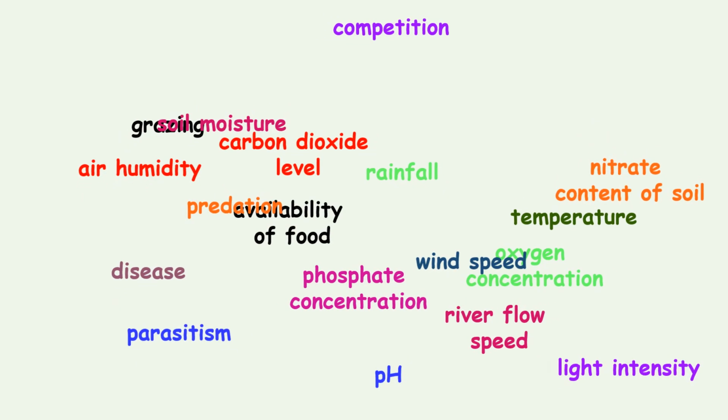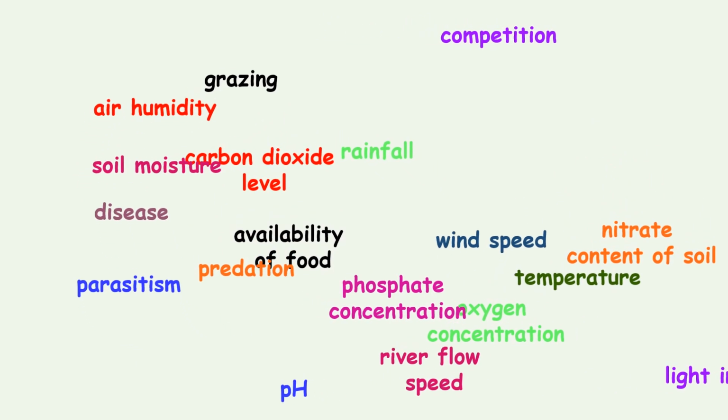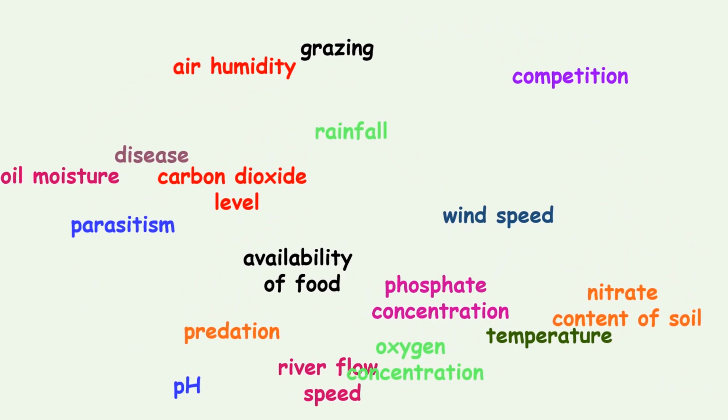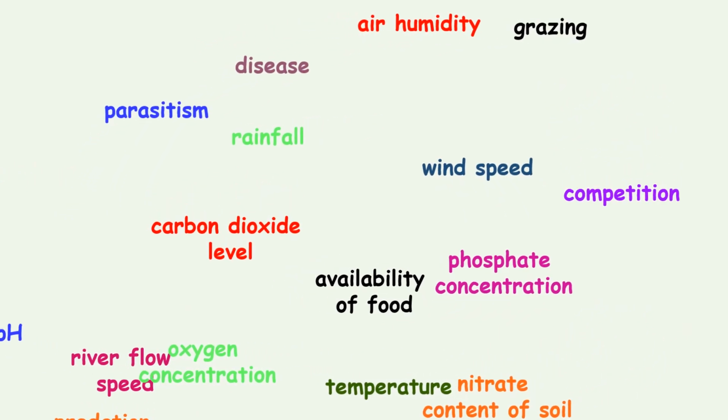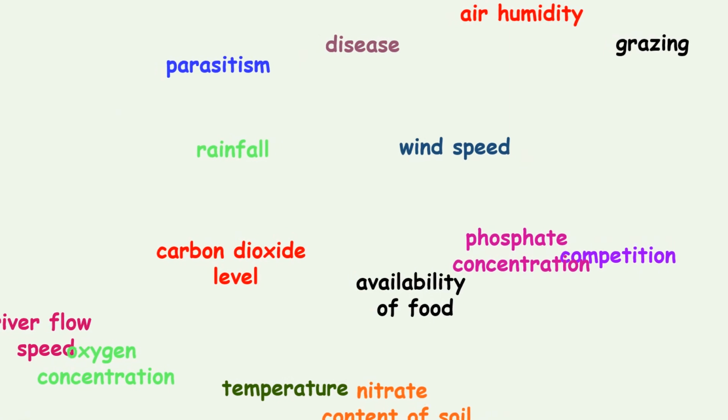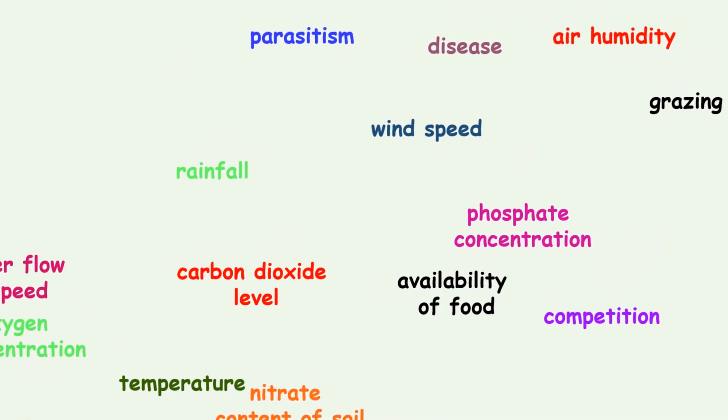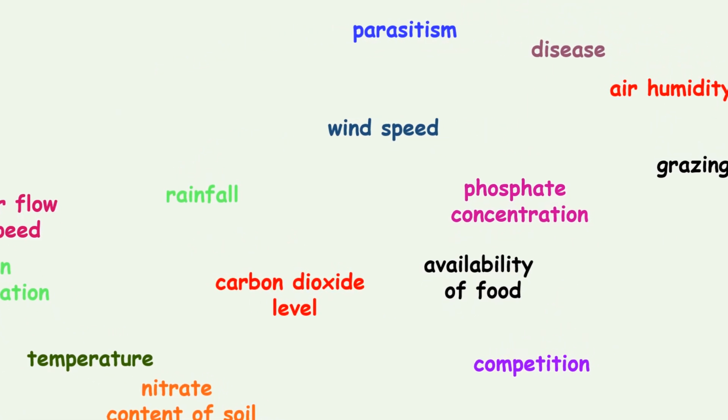If we were in class, we would usually play a splat game where you pick one of the words and say whether it's an abiotic or biotic factor. But instead, you can pause the video and write down the words you think are abiotic and the words that you think are biotic before I go over the answers. The answers are